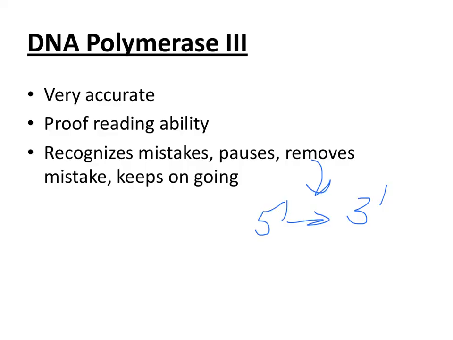In brief, the reason why is if you were to go in the opposite direction, for example, if you were to synthesize the new strand in the 3' to 5' direction, because of the way the nucleotides and the DNA strand are organized,